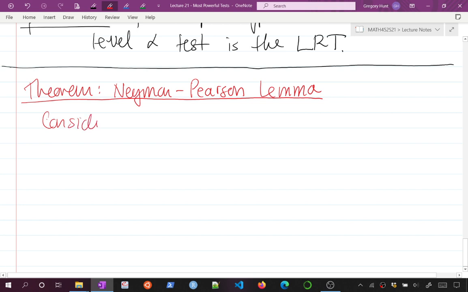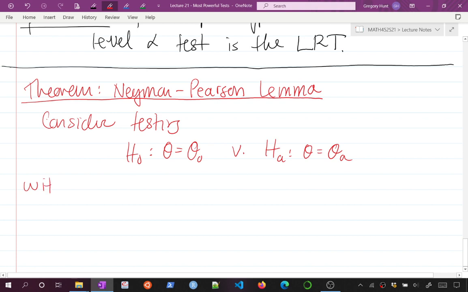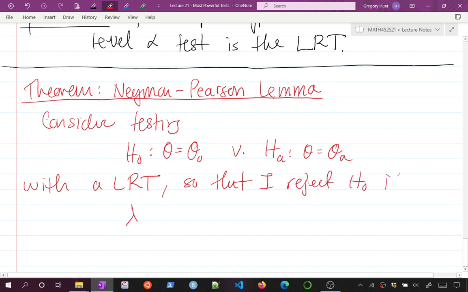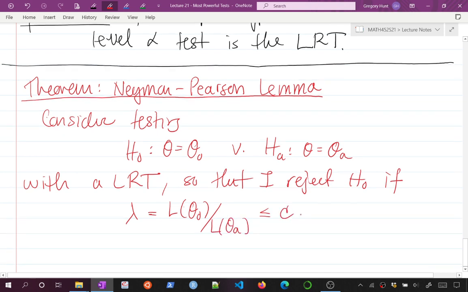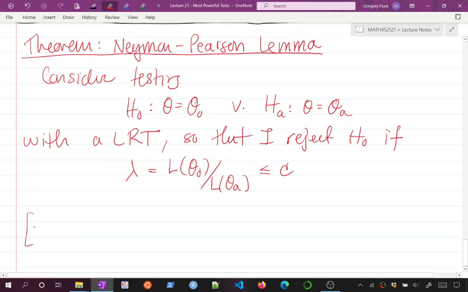So the Neyman-Pearson lemma is just going to recapitulate this whole discussion. Consider testing my null hypothesis, theta is, let's say, theta naught, versus my alternative hypothesis, theta is theta A, with an LRT lambda, so that I reject H naught if lambda, which is going to be L of theta naught divided by L of theta A, is less than or equal to some constant C. And I can say, parenthetically, where C is chosen so that